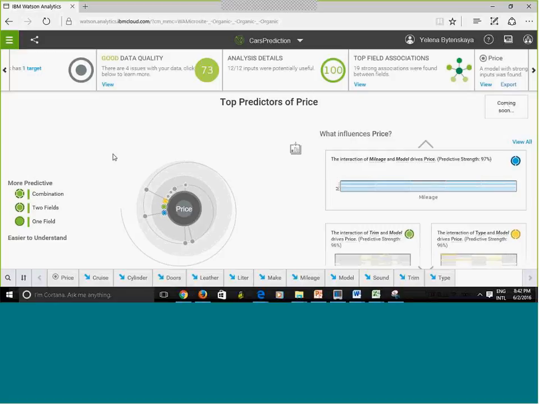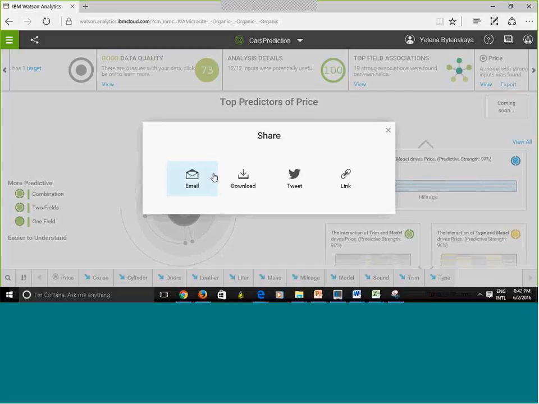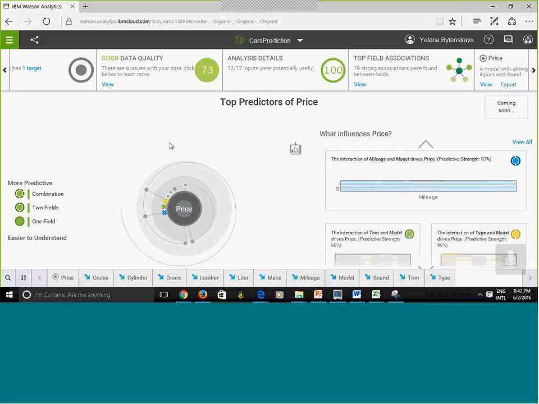You may have noticed that some of the icons, some of the functionalities are available in all pages, right, in all screens, like this one. Right here, I can share. It means that I can email my visualization, or I can save it as an image, or I can download, or I can share it on Twitter. Okay, so let me close this out.